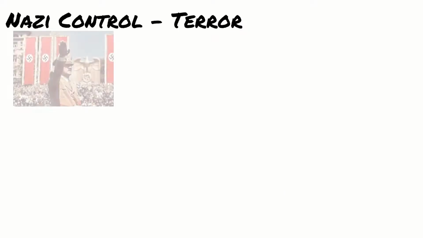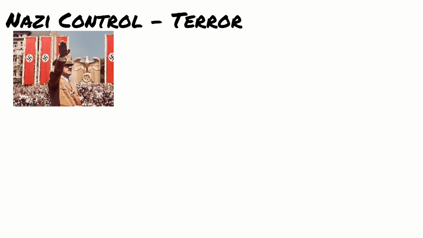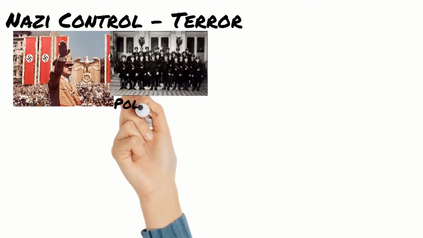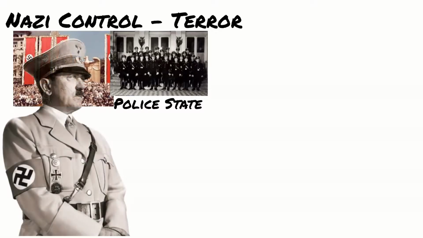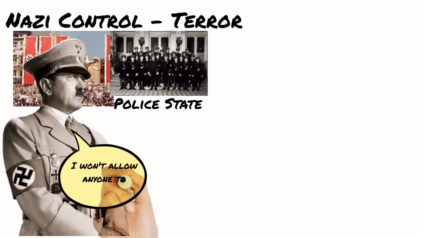Hi there guys! Last time we finished with Hitler establishing a dictatorship in Germany. This time we're going to be looking at how Hitler established a police state in which Hitler used the police and other forces to control what the people said and did. It was a means of controlling the population and making sure that the people did nothing to challenge the authority